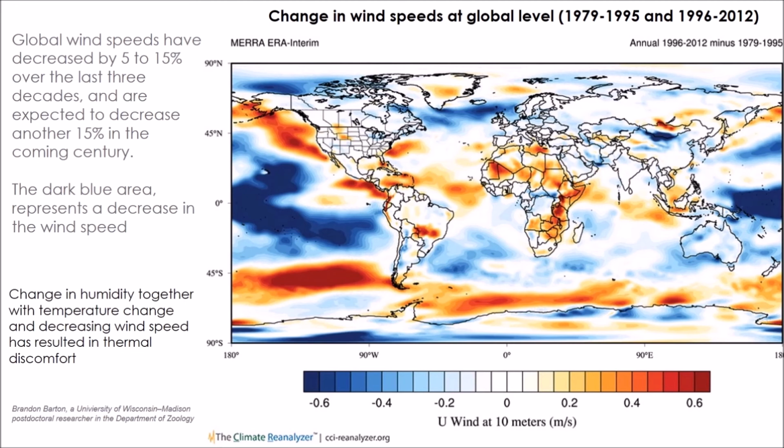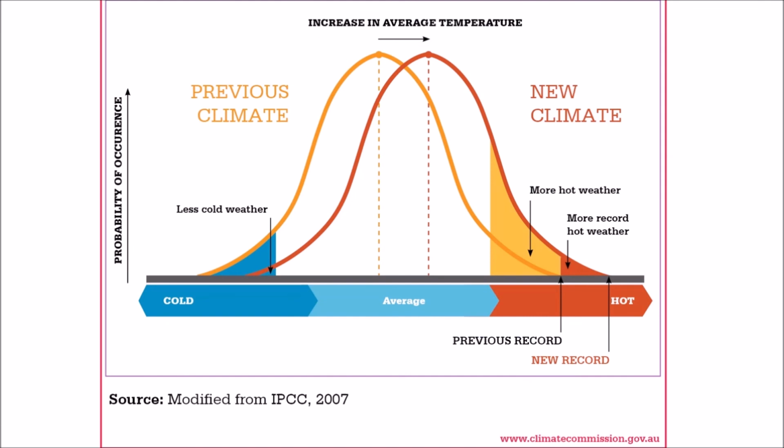But because the wind speeds have also reduced, the entire gamut of parameters, temperature change, precipitation, change in humidity, and wind speeds, everything together, thermal discomfort is increasing over the years. So you can see from this graph how the climate has changed, and there has been a shift